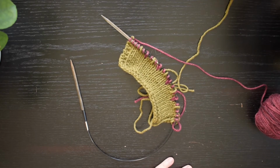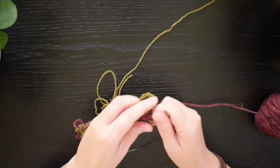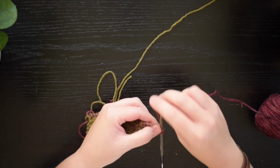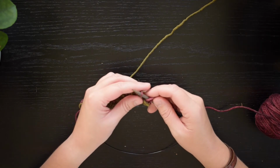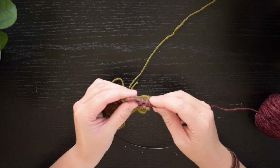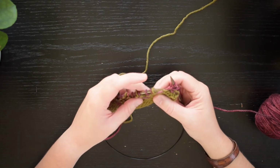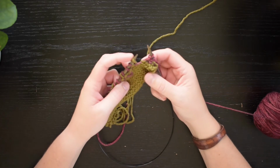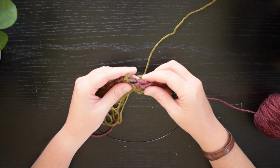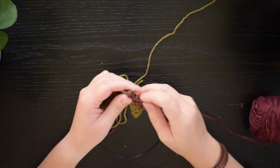For row 3, we're going to continue working with color 4. We'll be working on the wrong side. I'm just going to knit at the edge of my swatch here, and then I will return to purling on the back of my work. And when I reach one of these stitches that was the double wrapped purl, you'll see this was knit in our color number 1, we will slip that stitch purlwise with our yarn in the front of the work. And then we will continue purling